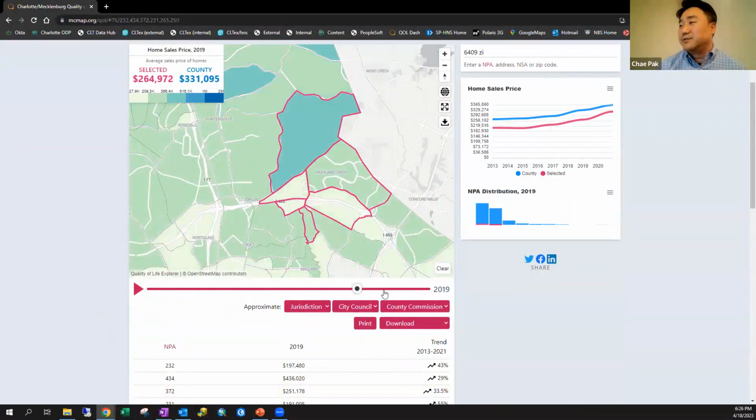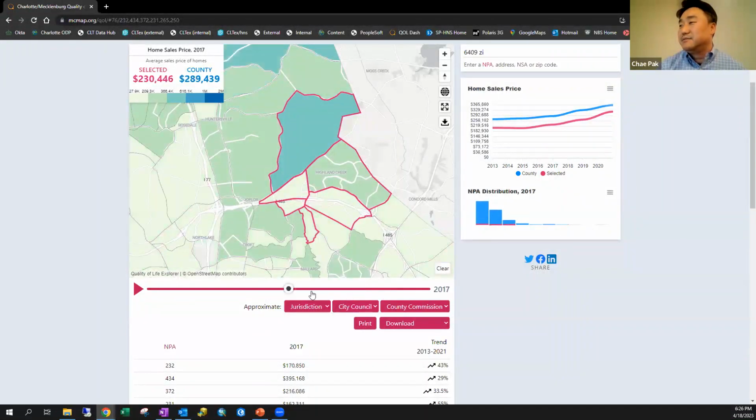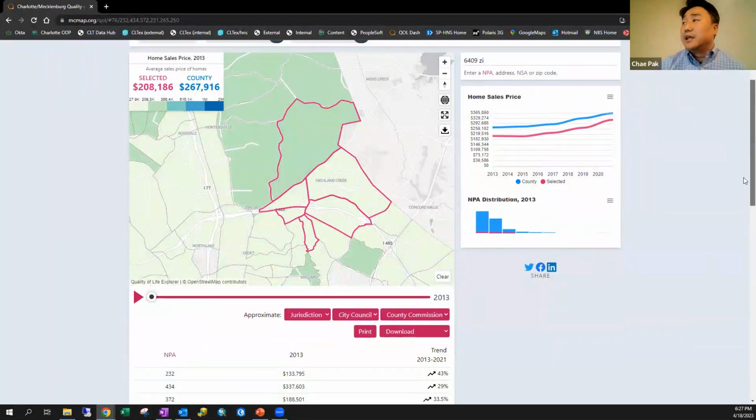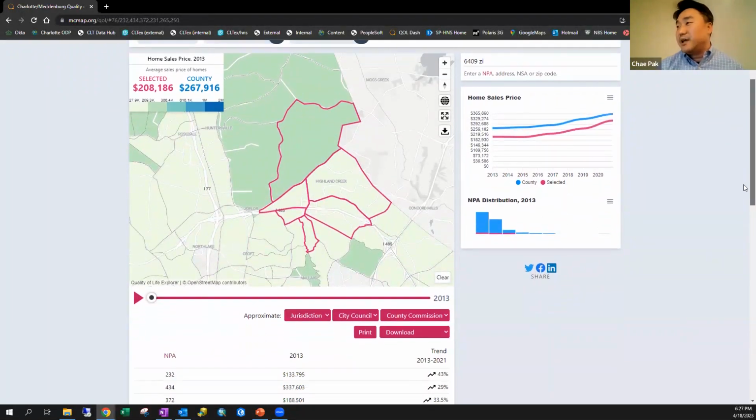You can go directly to that year, 2019, 17, 15. Most of the data are updated every year, but this particular variable is set at 2 years. We decided to look at a 2-year interval because a single year's worth of data wasn't really revealing. So that's how we decided. And I'm kind of jumping ahead, but